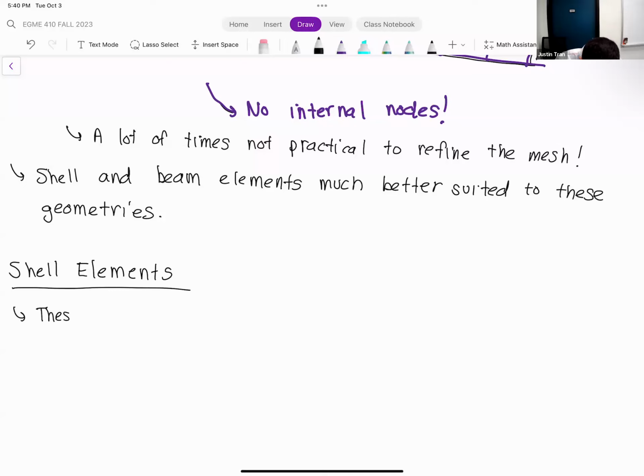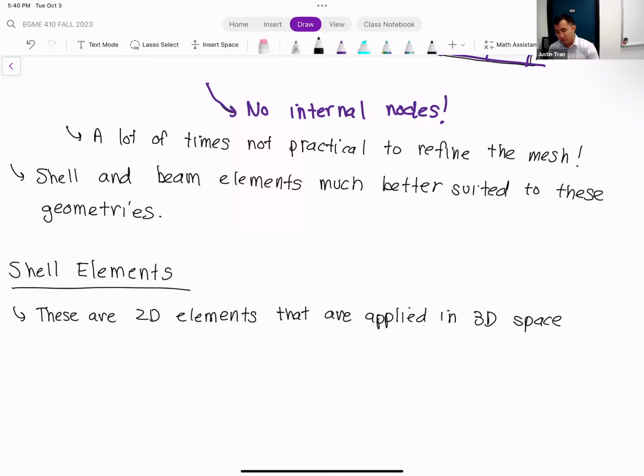These are essentially 2D elements, but essentially we apply them in 3-dimensional space. And their main purpose is to represent geometries that are very, very thin. And so they have one length dimension that's much, much smaller than the other dimensions of the